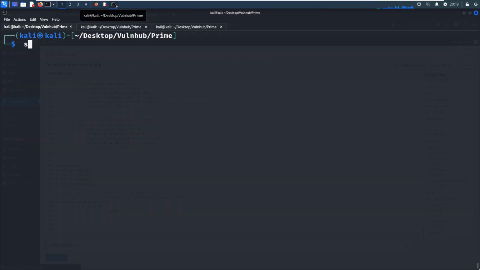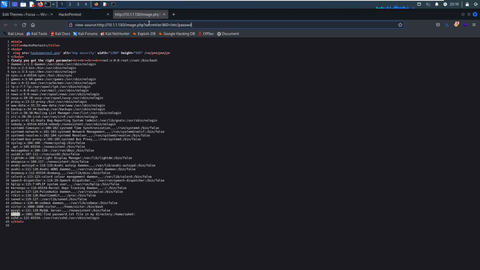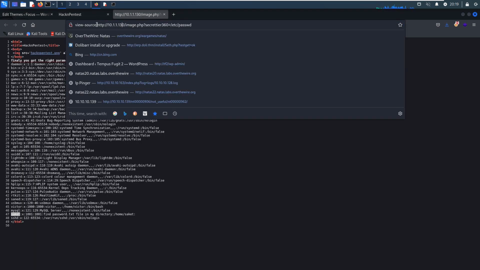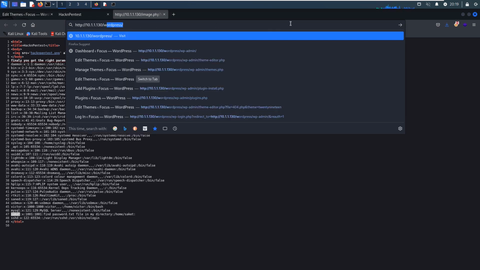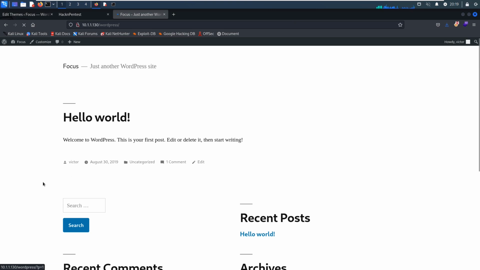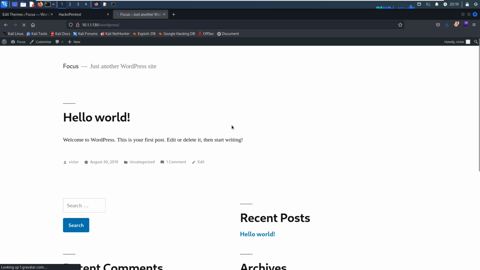So next we can set up the listener on the Kali Linux. Next we need to access this file, secret. So how to get the location? We can go to the WordPress homepage and then check its source code.